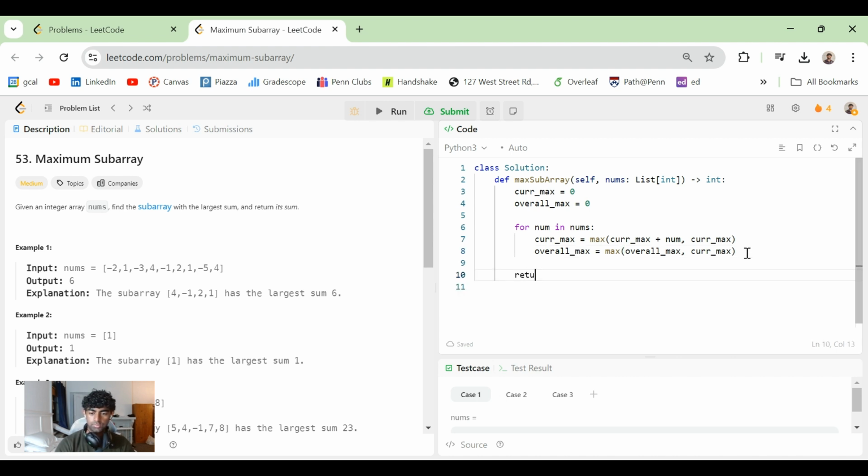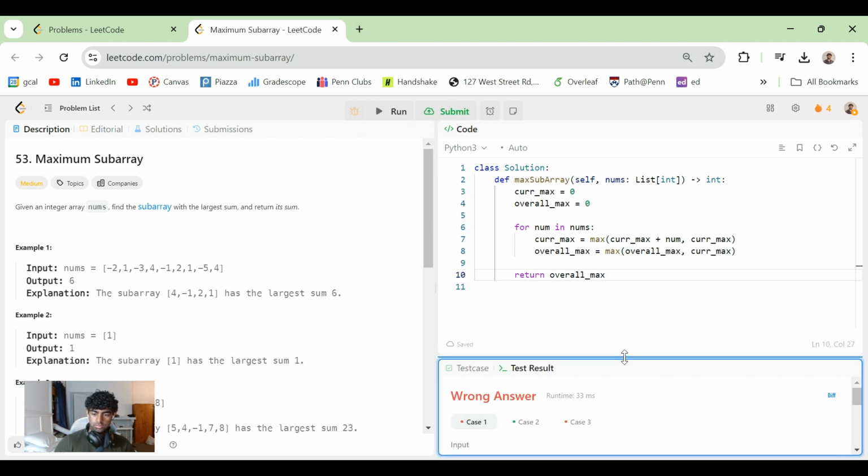At the end of all this, we simply return the overall max. And if we run this code,